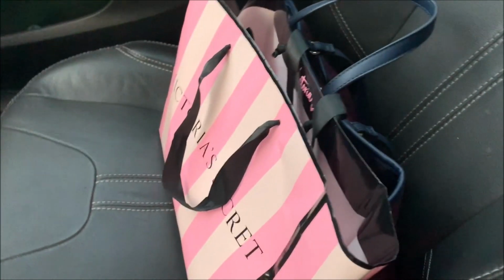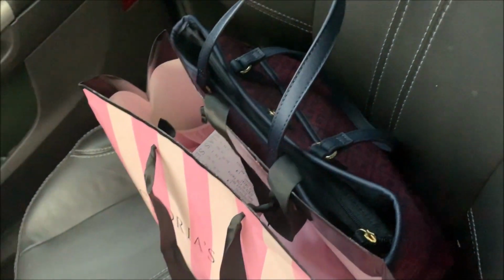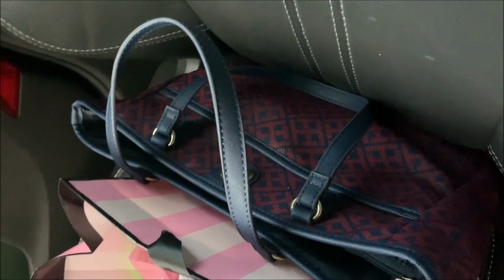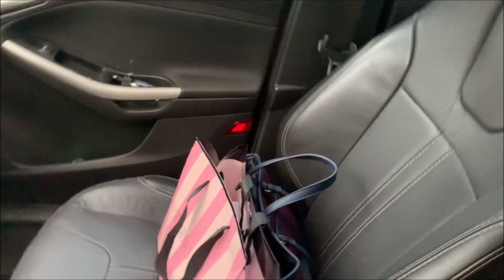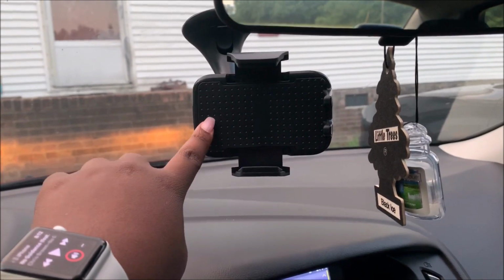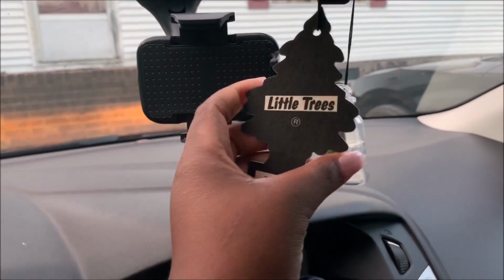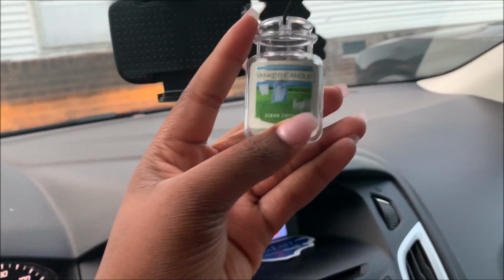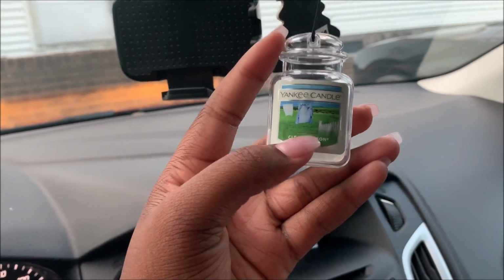And then over here, I have this Victoria's Secret bag that I just got some underwear in that were 8 for $30. And then I have my Tommy Hilfiger bag right there. And this is just how it looks over here. It's kind of the same thing. And then up here, I have the thing that I put my phone on when I do my videos. And here I have the little tree. This is in the scent Black Ice. And I have this little Yankee Candle in the scent Clean Cotton. And then up here, you can just see my...